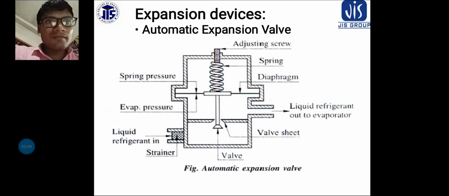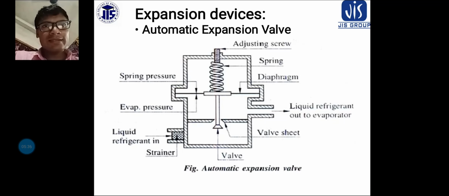The adjusting spring pressure pushes the diaphragm down, and this motion is transmitted through push rods or the needle valve stem to the valve needle, opening it enough to allow more refrigerant to flow to the evaporator.